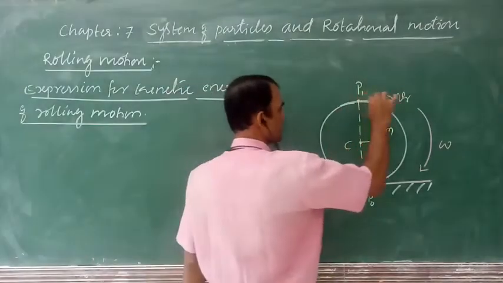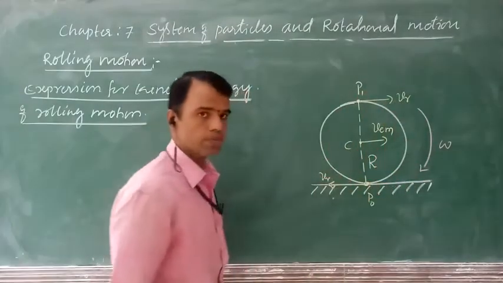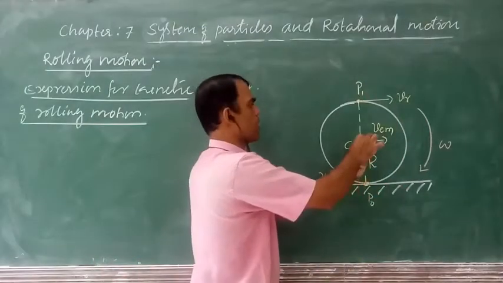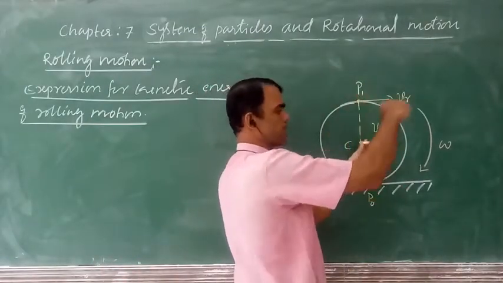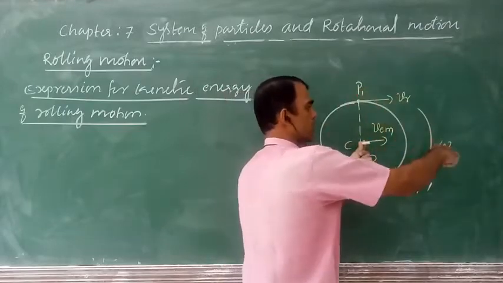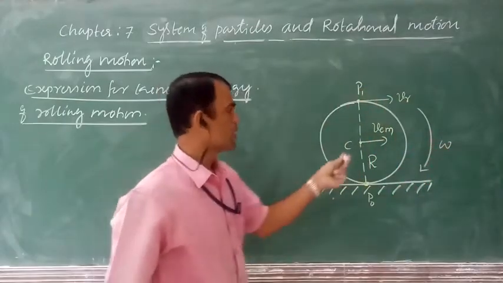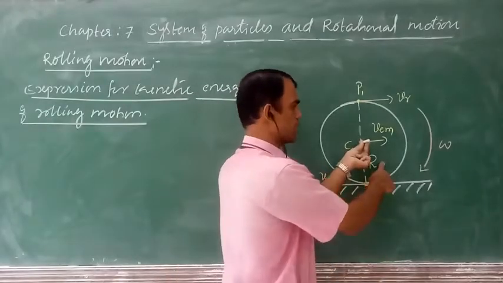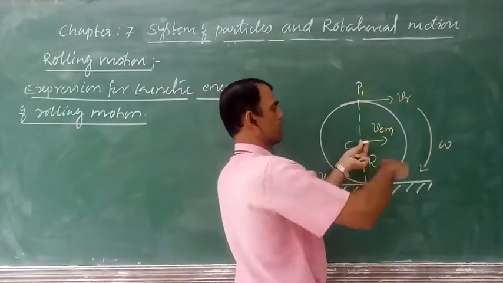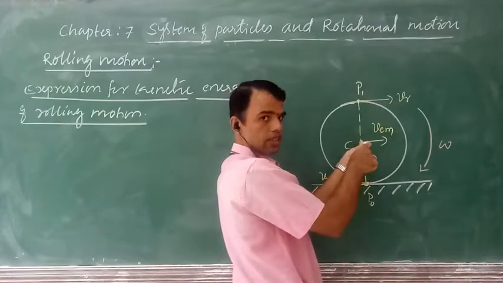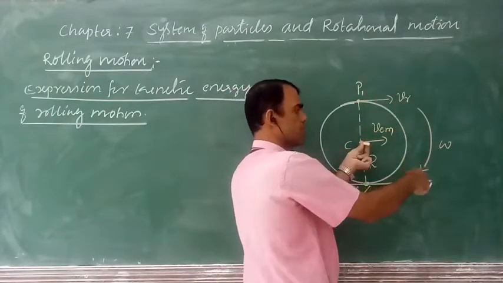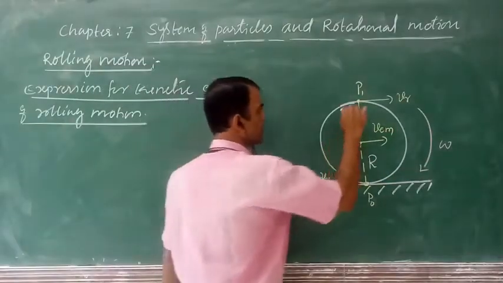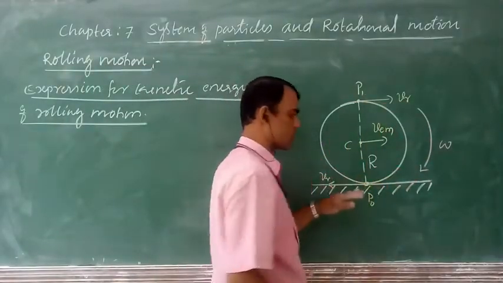Consider a circular disc of mass m and radius r, which is capable of rotating with respect to an axis with a constant angular velocity omega. This is a circular disc of mass m with a radius r, rotating about this axis of rotation with a constant angular velocity omega. When the disc is rolling on the surface,